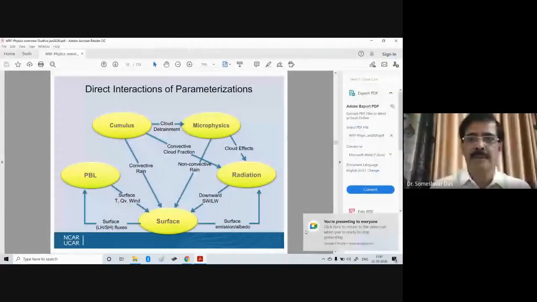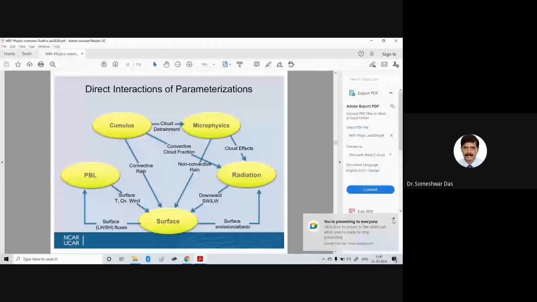We have been talking about the WRF model, physical processes in the WRF model. And today is the fourth lecture in the series.